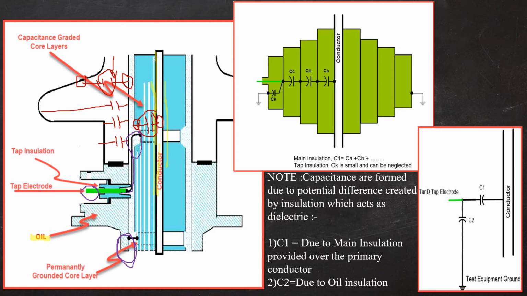A more symmetric diagram is shown at the center of the diagram. Here, as the layer of insulation is provided, capacitances are formed. Here the conductor will be at higher potential, and as tapping is being taken and which is grounded, one end of the insulation will be at lower potential. And as many layers are provided, the capacitance will be formed in series. So there will be a series combination of capacitance over here.